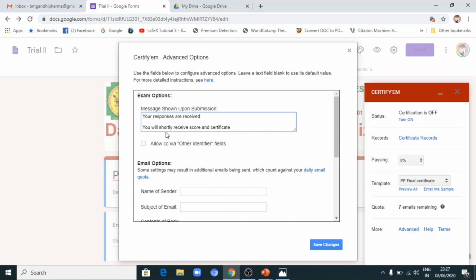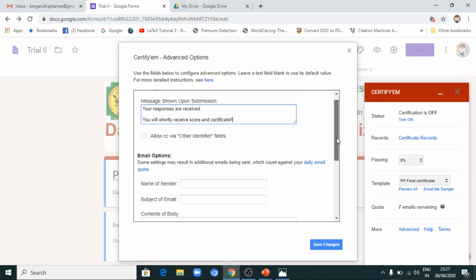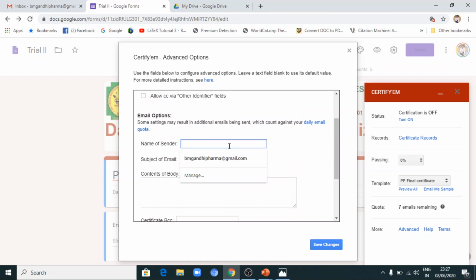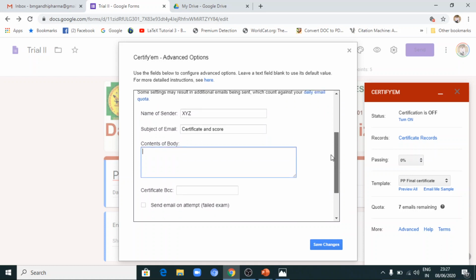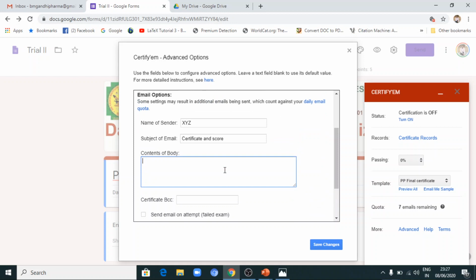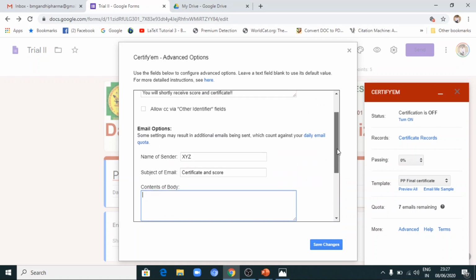So you can give a message like this, and for the name of the sender, you can give some name, XYZ, and you can give the subject, certificate and score. Then for the contents of the body, if you want you can give it, otherwise you can keep it aside like that.